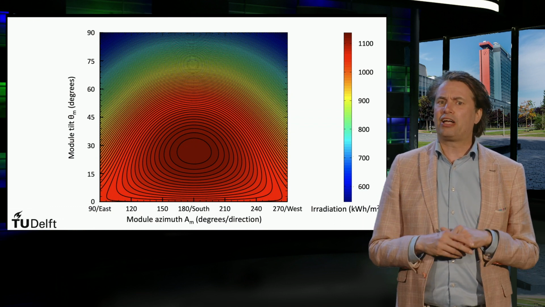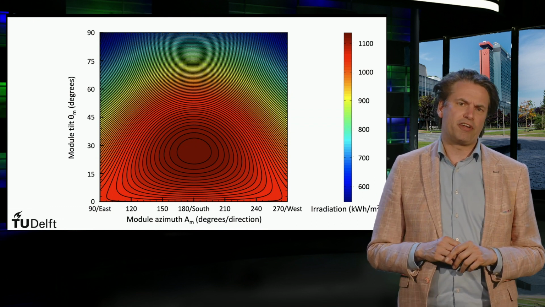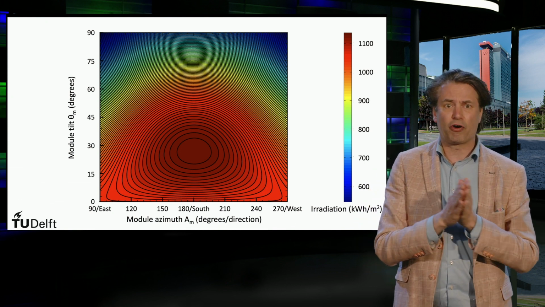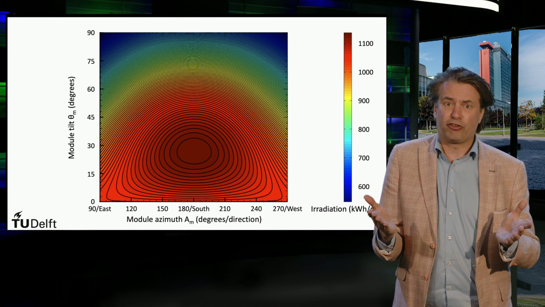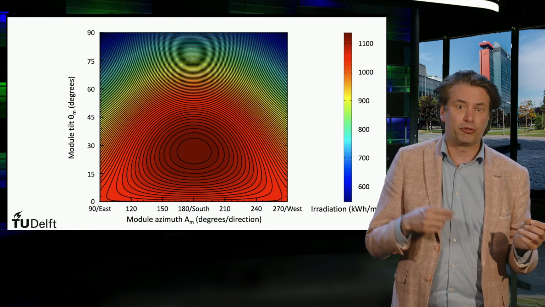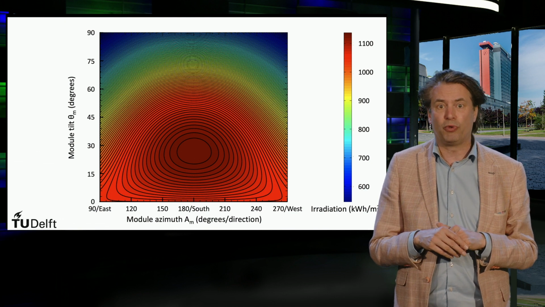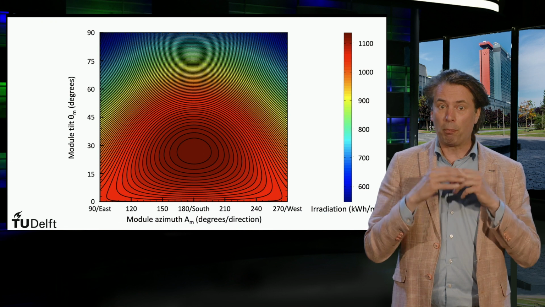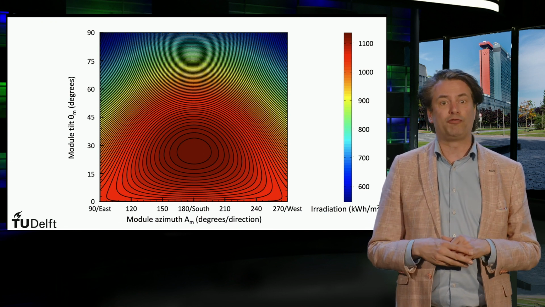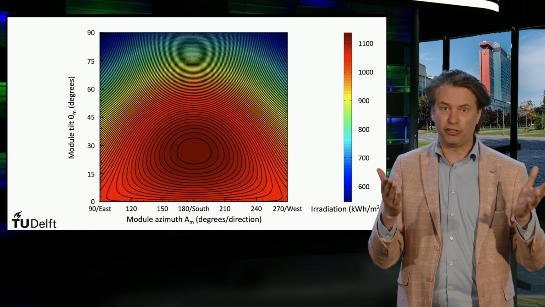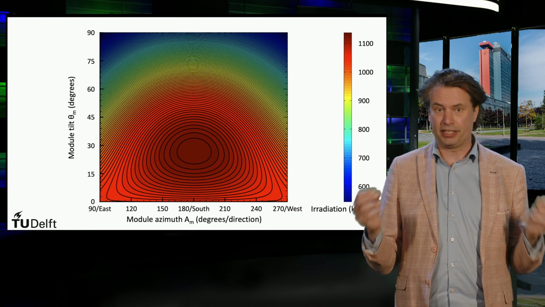This plot is calculated using the tools discussed in the previous video. Firstly, you have to calculate the solar position for every hour of the year. Then we set a range of possible configurations, selecting a tilt angle ranging from 0 to 90 degrees and the azimuth of the module ranging from east to west. For each configuration, we compute the incident irradiance of the module and then integrate this result over time to obtain the energy falling on the panels over an entire year.